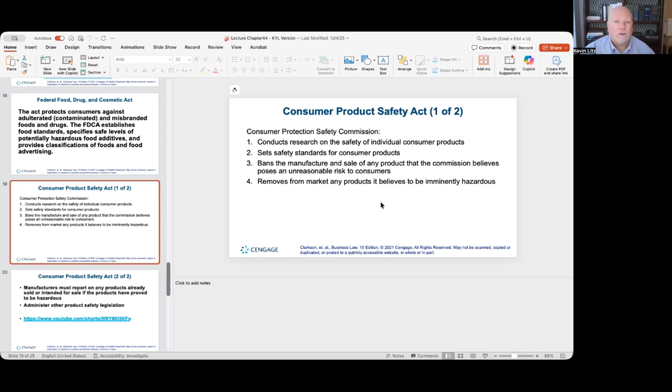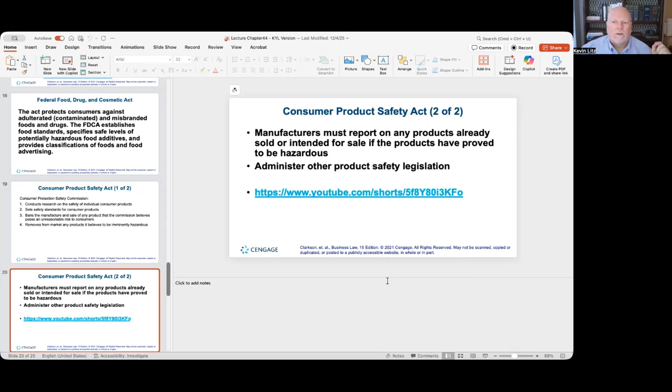So they'll do research and they set safety standards. No flammable bedding for children, for example. And if they think that there's an unreasonable risk or inherent risk in the product, they will bar that hazardous product. Okay. Now, also, manufacturers have to advise if they've already sold products that they later find out to be